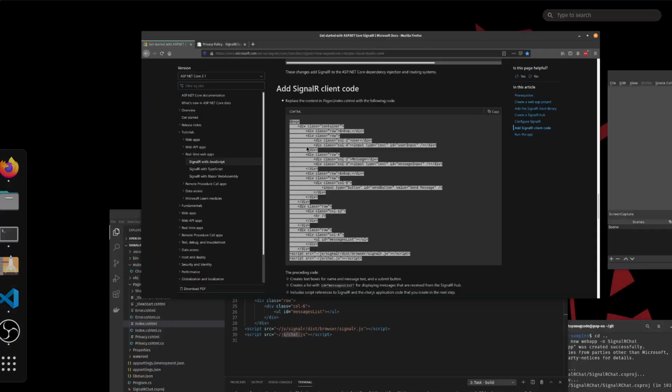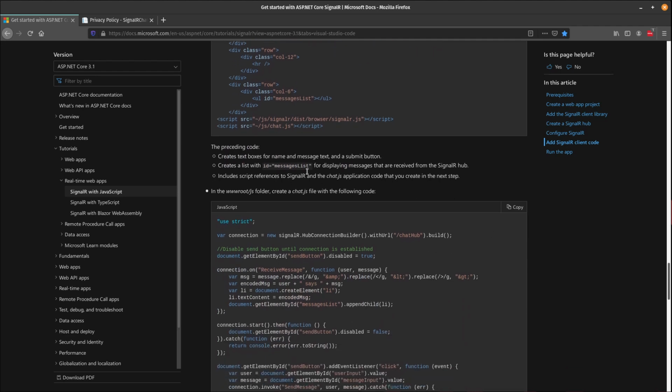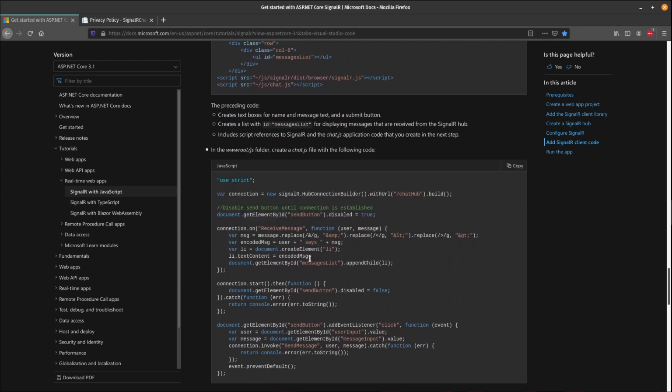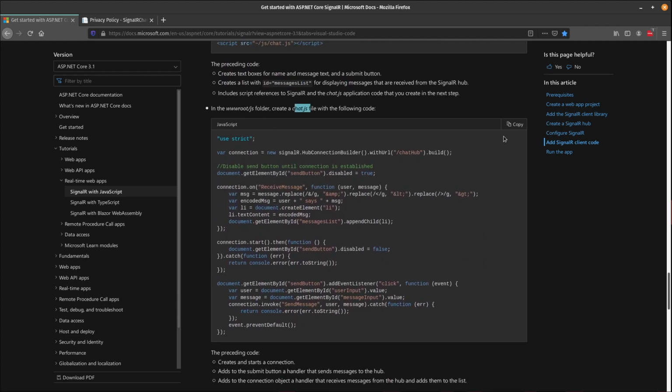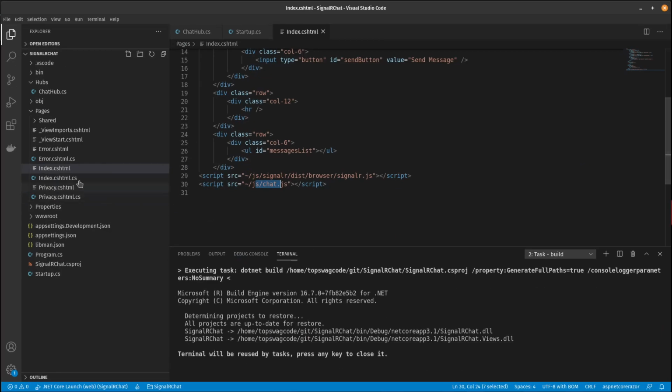So if we go back to the guide, we can see pretty much what I talked about. It has the message list and it has the JavaScript. So we need a chat.js file containing this JavaScript. So if I just copy this for now and talk about it afterwards,